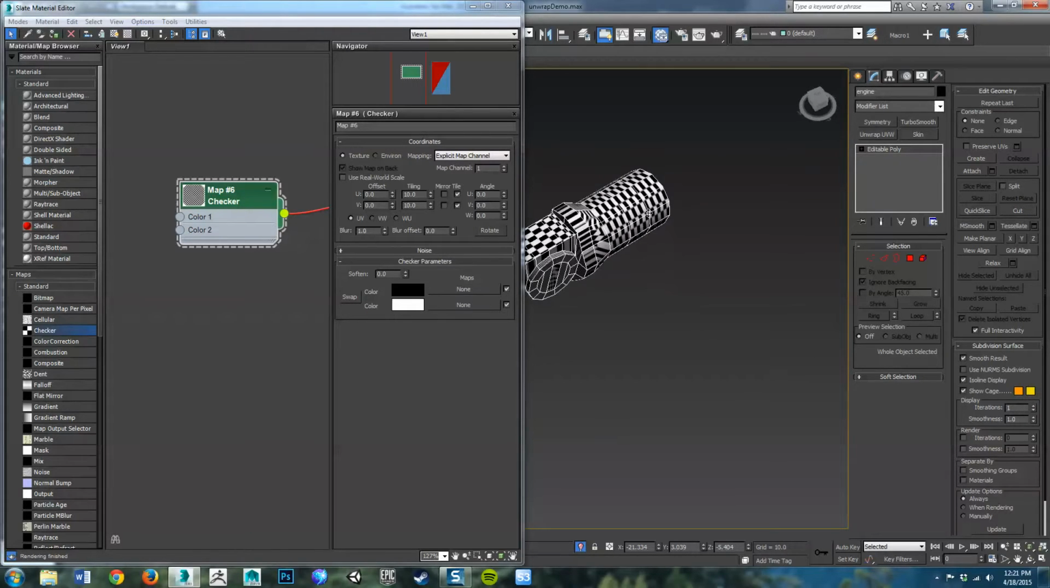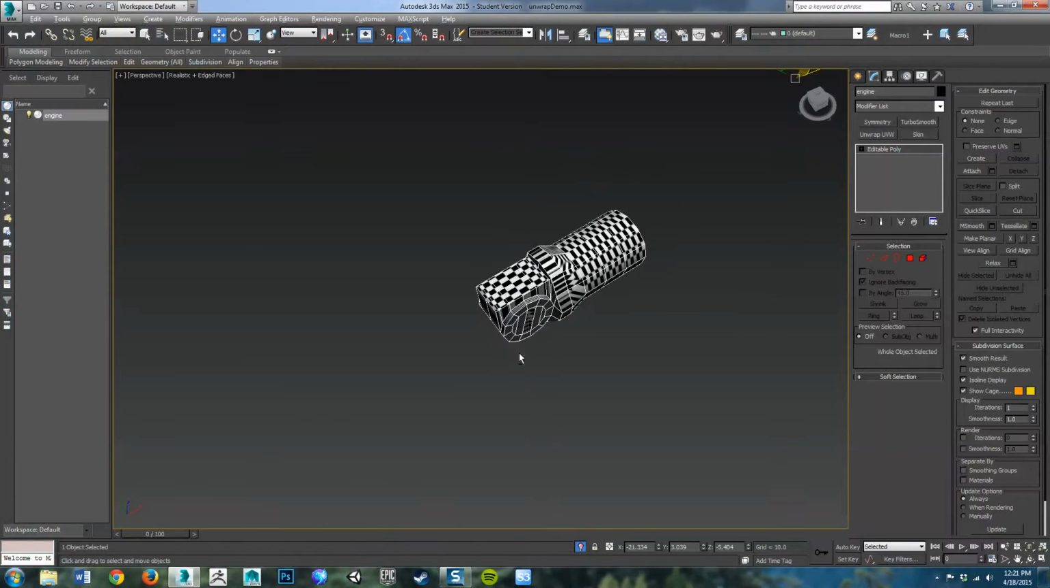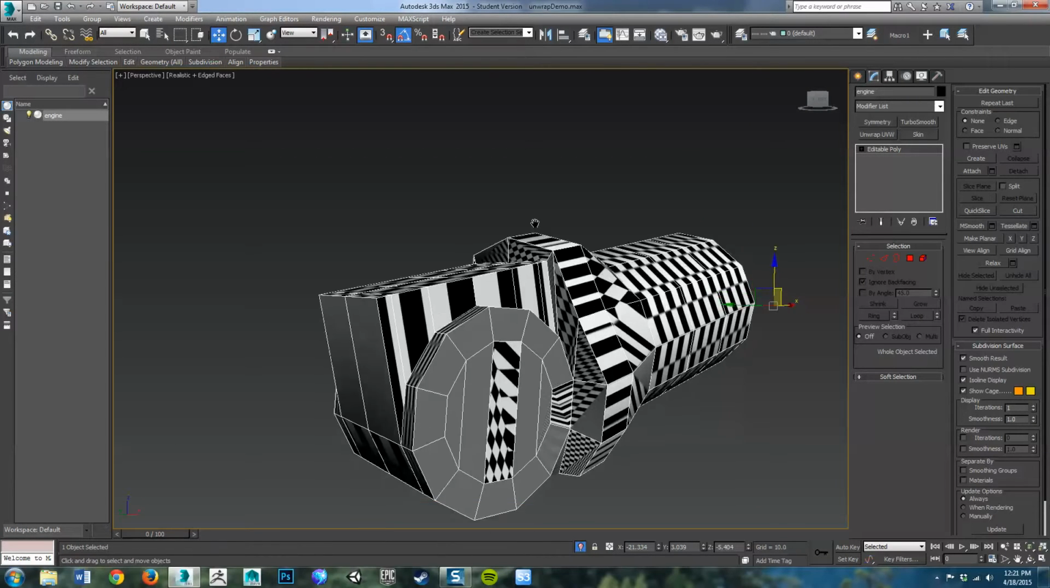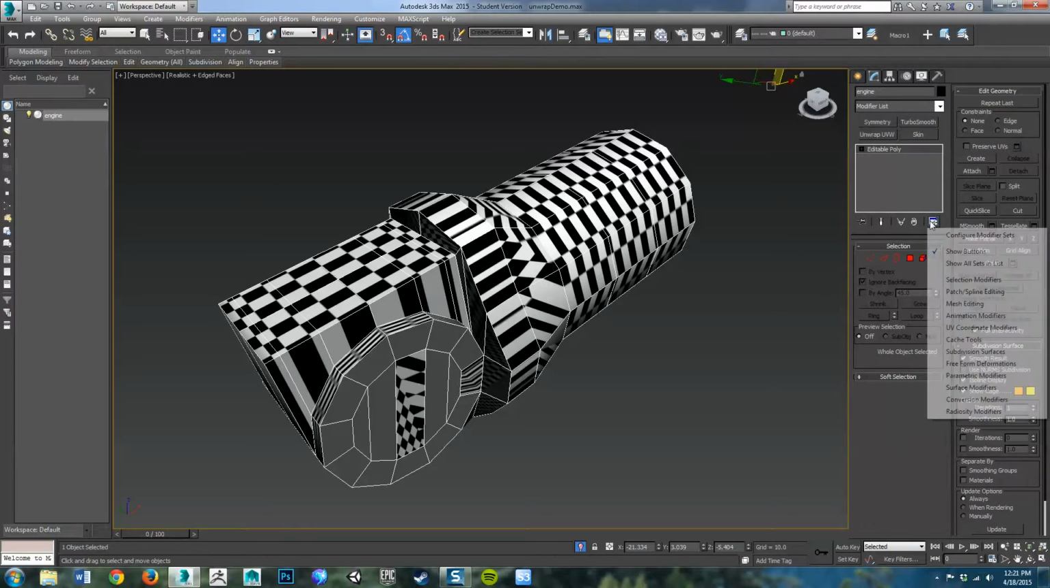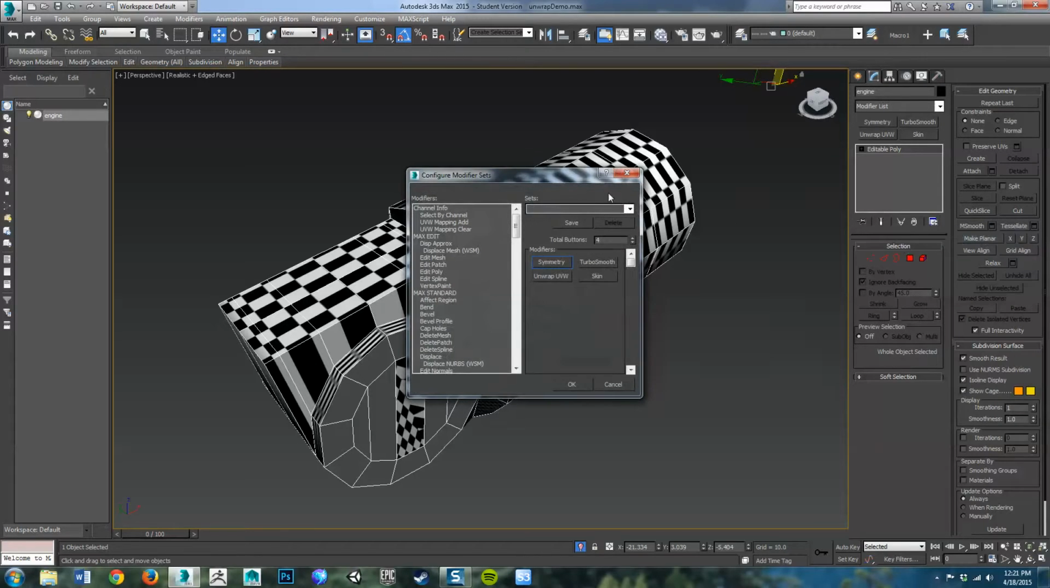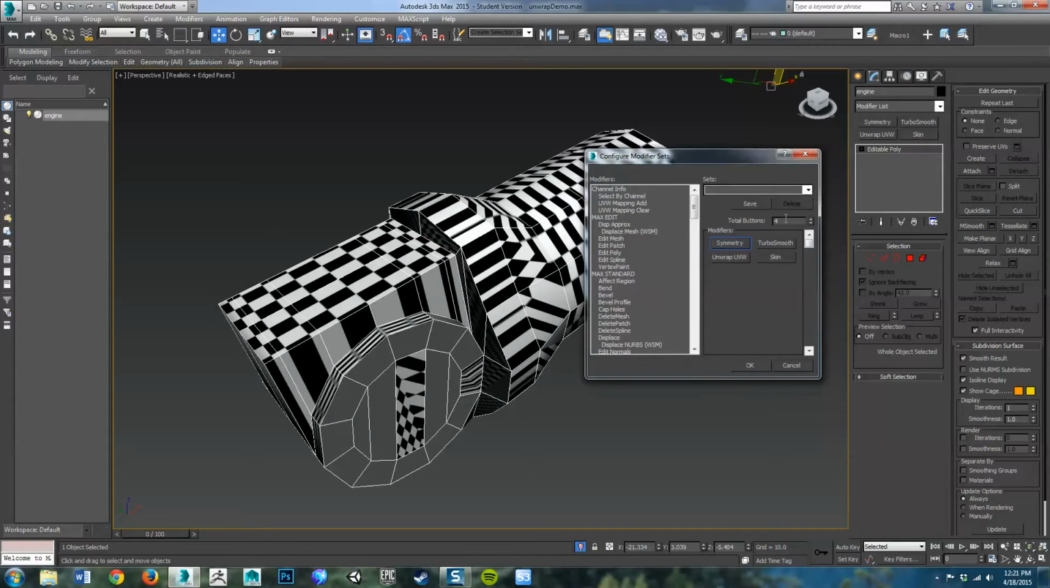So once that's applied, we're going to go ahead and close the material editor. And I'm going to apply an unwrap UVW modifier to this. You can see right here that I actually have it stored as a button right above my modifier stack. If you're not real familiar with Max, you might not know that you can actually customize this area. There's a button right here that says configure modifier sets. If you come in here, you can set the number of buttons that you have, and you can scroll down through your